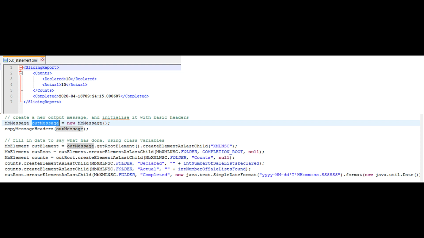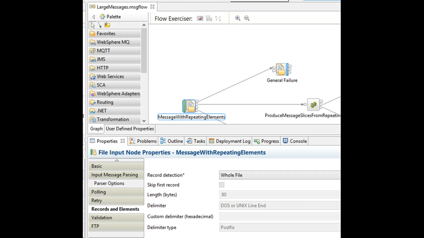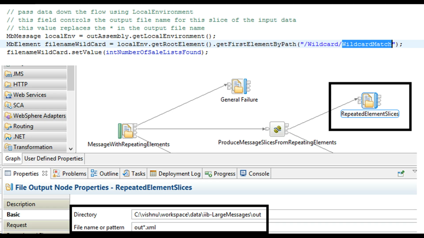What did we learn today? We learned how to acquire an XML file in IIB using file input node. We learned what are the issues with large file processing. We learned how to slice a large XML file using Java Compute Node.